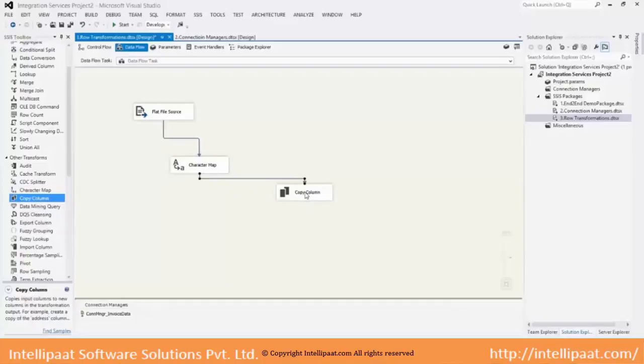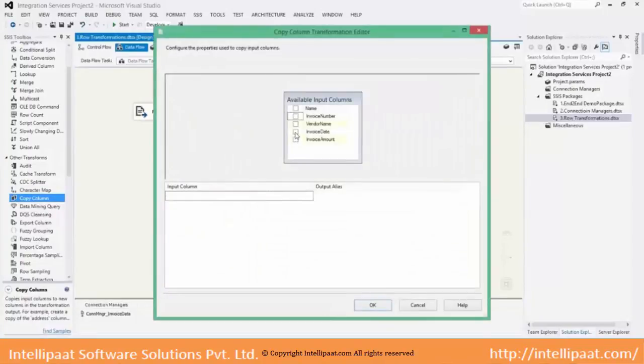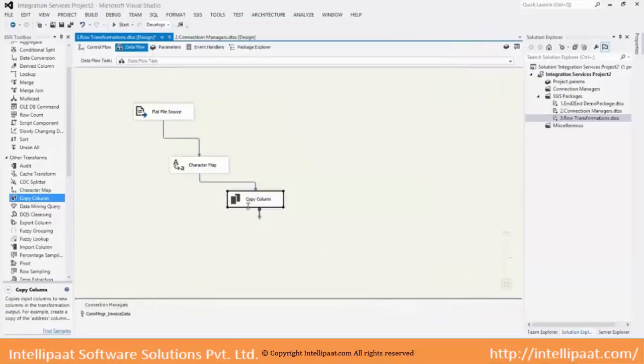I'll create a copy of invoice amount and name this invoice amount 2. So this is the second column, which is a replica of the first column. Now on this column I will apply the exchange rate. I will multiply the exchange rate so that it turns into INR. When I do that, there are two ways: I can hard code it or I can make it configurable.